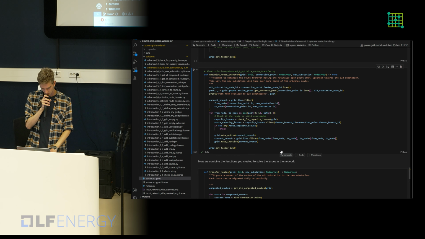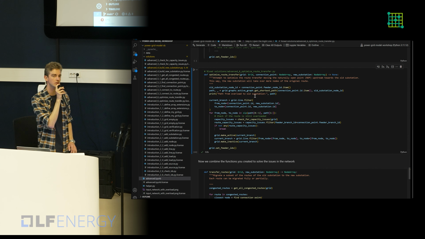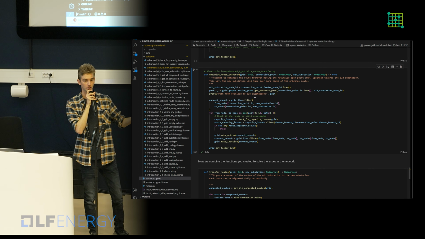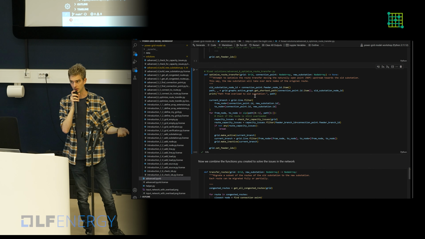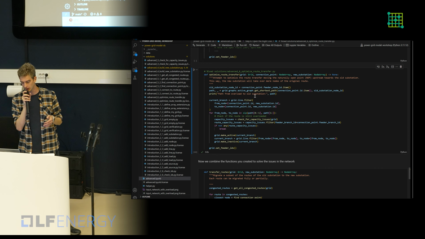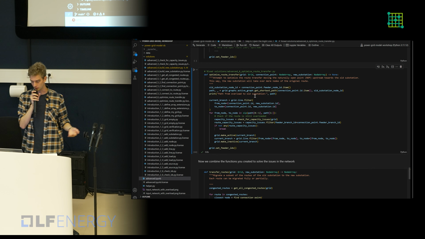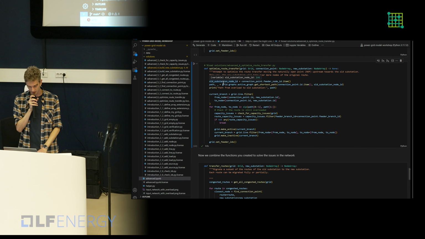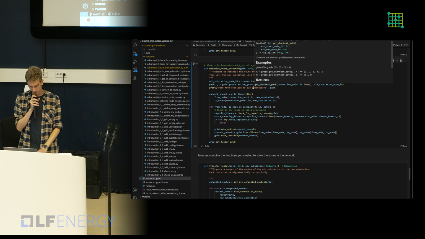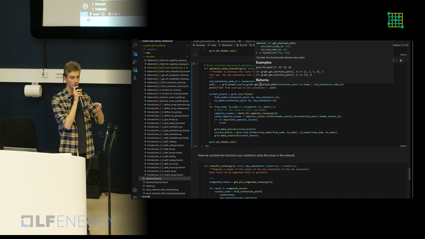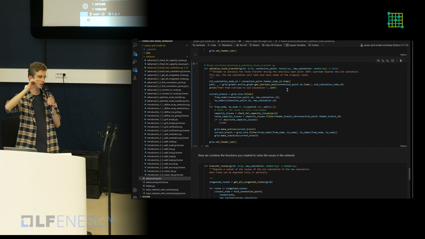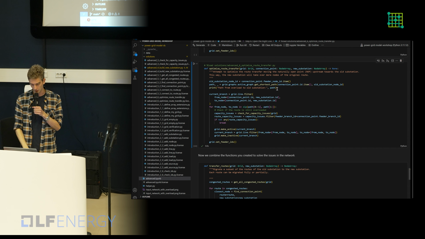Okay. We want to optimize which cable to open because we have created the line now. We want to close it. We want to connect the node to the new substation, but then we have to open another cable to maintain radial operation. So first we select the old substation node. Then we get the shortest path from the connection point to the old substation. And along this path, we want to open one cable.